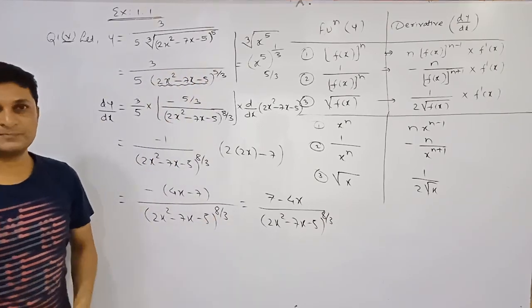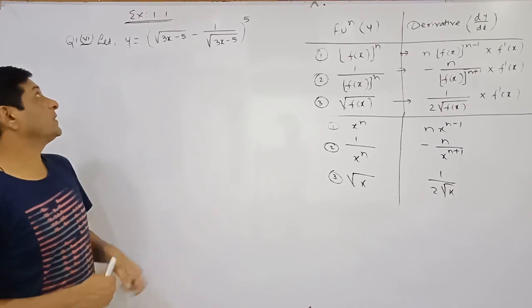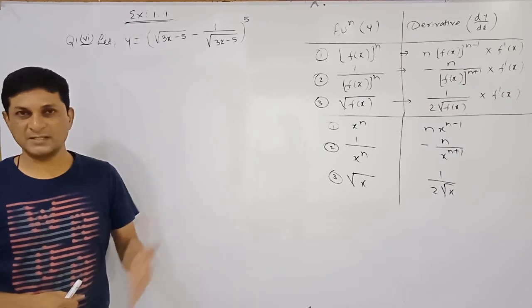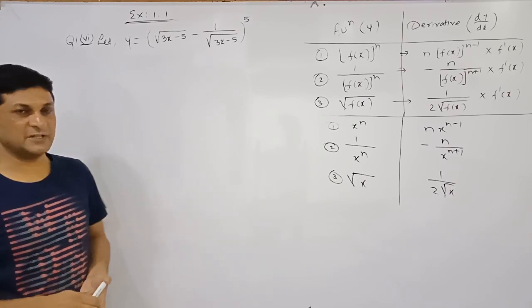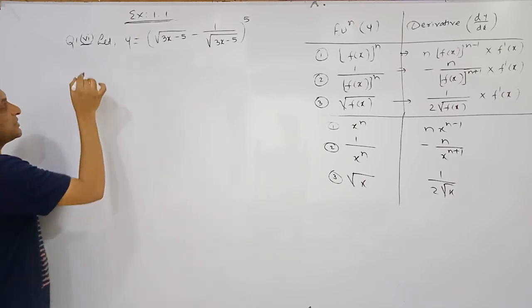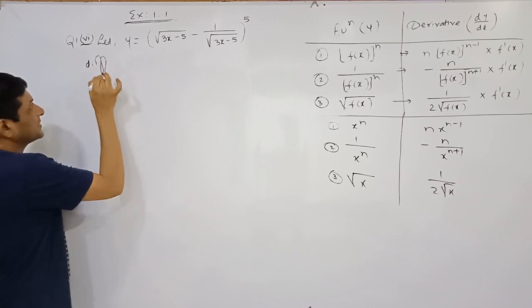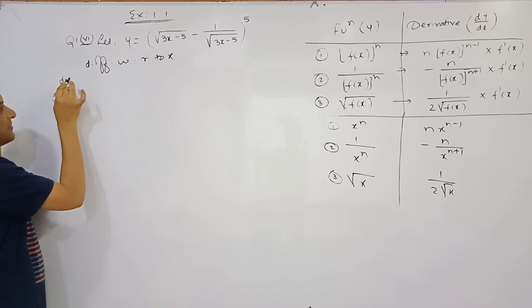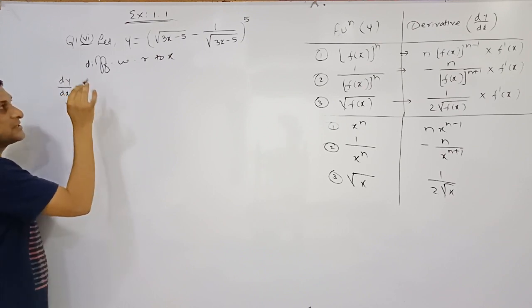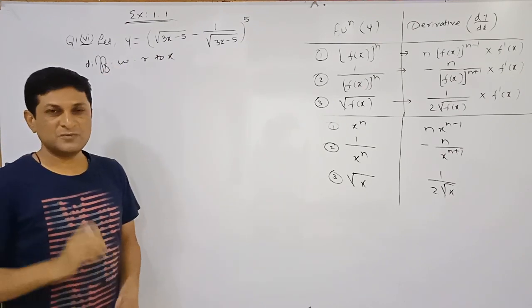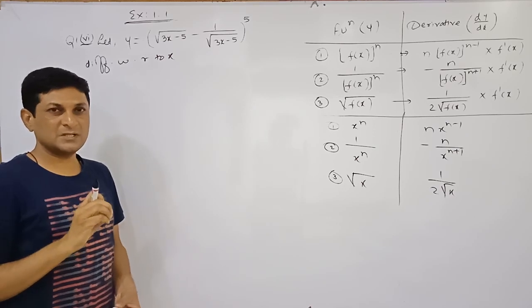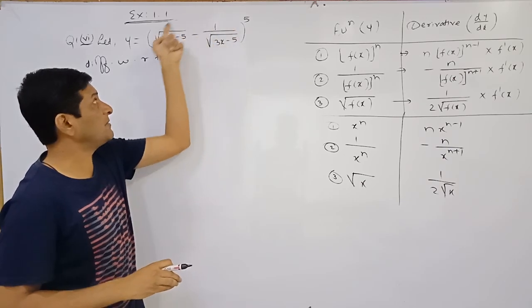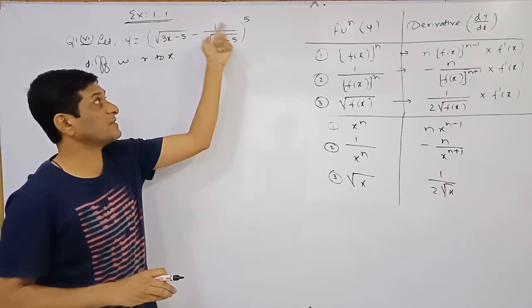Okay. So let us try to solve the sixth, means last example from question number first. Again, if you observe, it is also derivative of algebraic function. So differentiate it with respect to x. So derivative of y will be dy by dx. On this side, to find out the differentiation, first observe the term is in the form of which formula. So if you observe this, if you are considering this whole term as f of x raised to power 5,